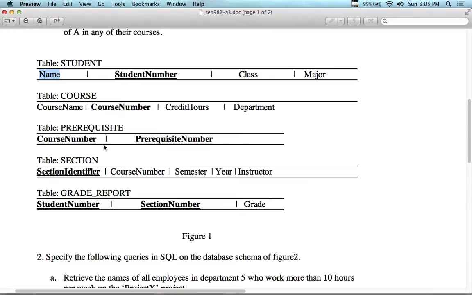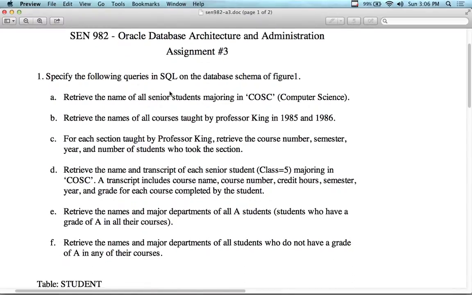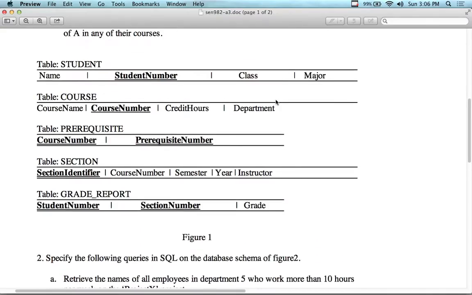So from student, what am I going to select? Name, because that's what it said. And what's the where clause going to be? It's going to say all senior students majoring in computer science. And this is what the code is for computer science. So I'm going to say where,